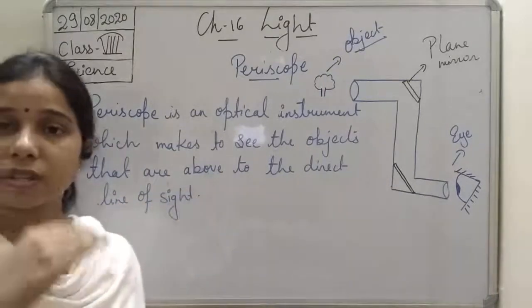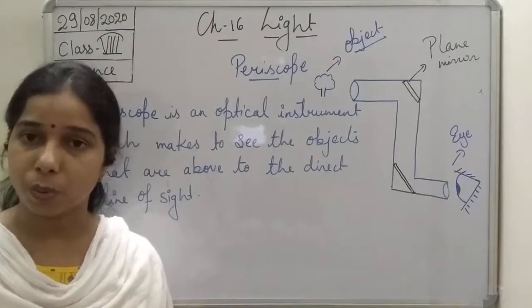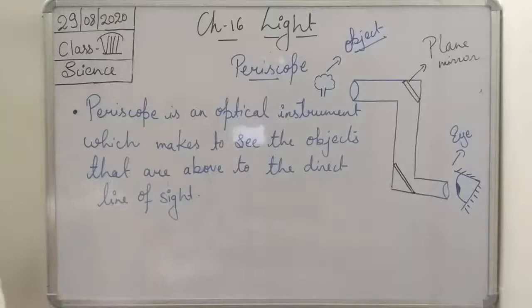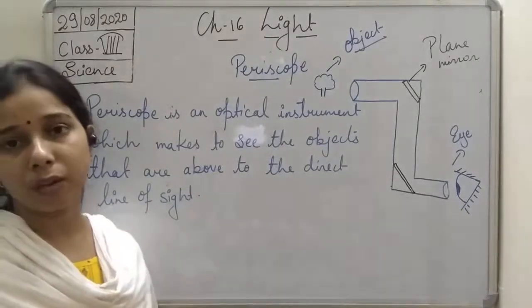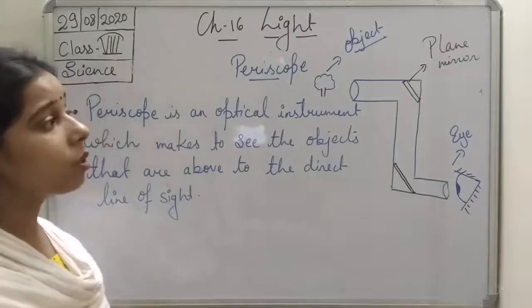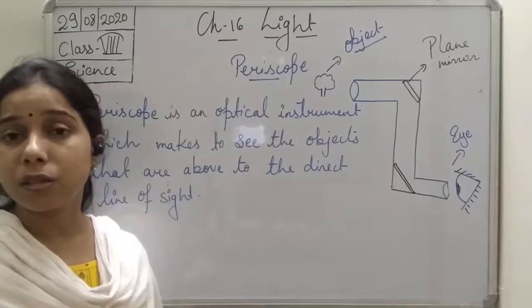Okay, so which is just above that of the line of sight, student. For that we use the periscope. Periscope is also an optical instrument which helps us to see objects which are above the line of sight. Now when we talk about the periscope, students, basically this periscope consists of two